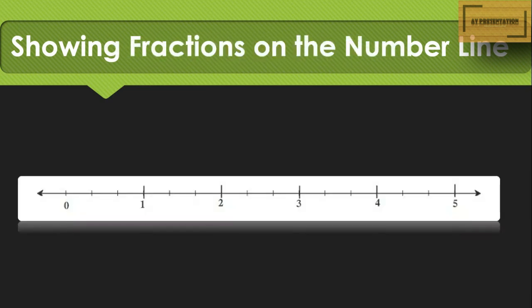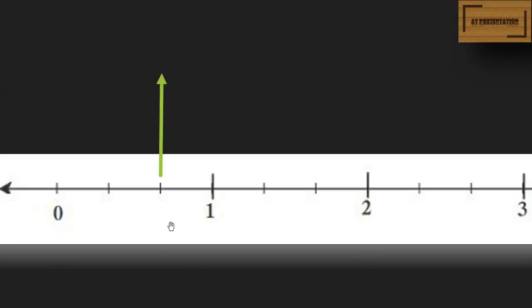For more learning, we check another example of the number line. Observe the number line. The numbers start from 0 to 5 and the marks from 0 to 1 are 1, 2 and 3. So the arrow is shown on the second mark. So 2 is the numerator and 3 is the denominator.